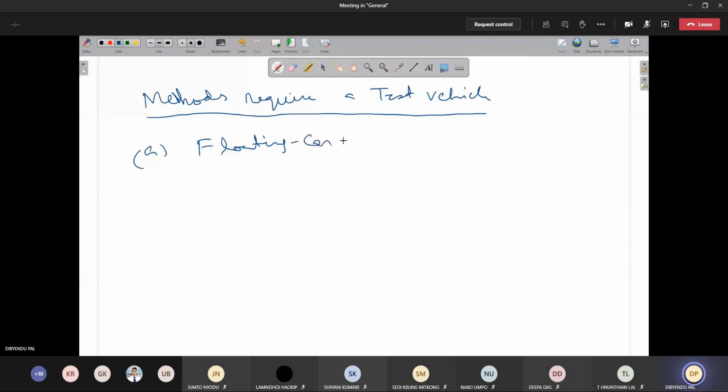Floating car techniques. What is the floating car technique? You take a test vehicle and the driver, maybe a known person whose driving you are familiar with, or you put a student or some person on the vehicle